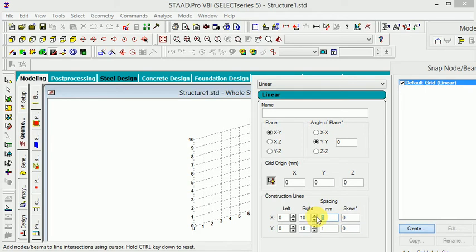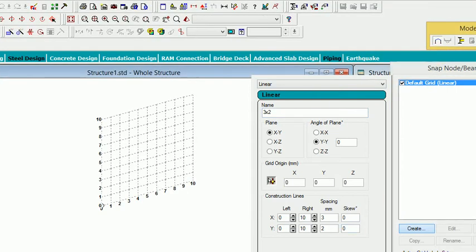If you change this to 3 and 2, so if you click here 3 into 2 and go to OK, then now we will do this OK.